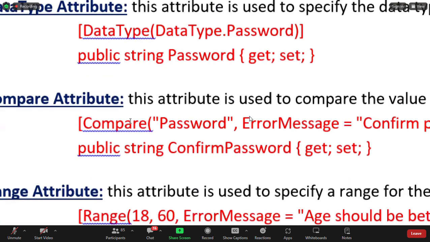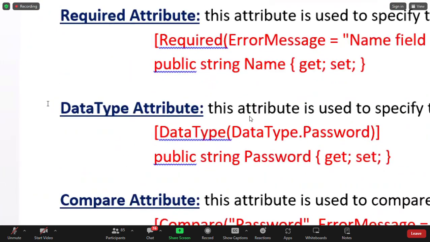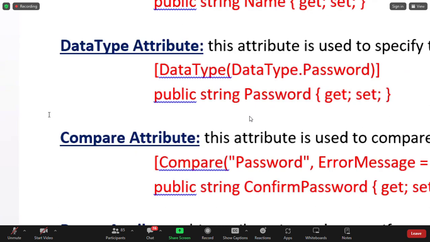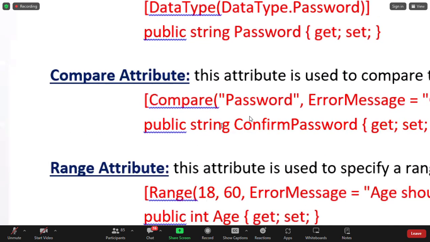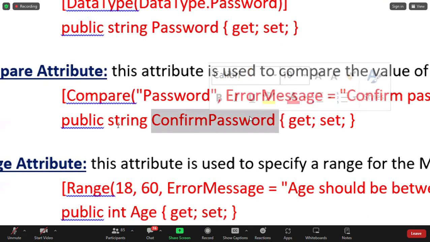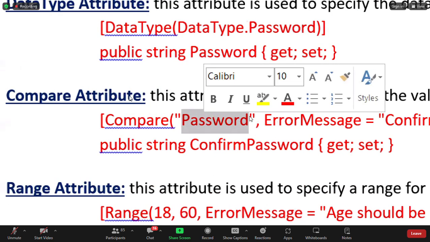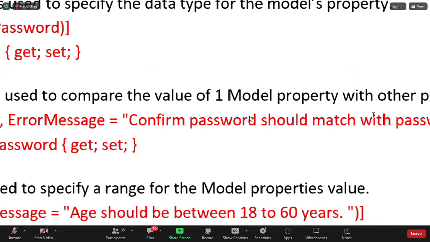Okay. Next. First one required. Second one, third one. Compare, you know this, comparing one field with another field. See now, confirm password, get and set, Compare. Compare with what? Compare with password. If not matching,